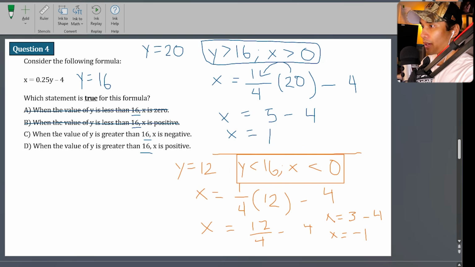Then we have C. When the value of y is greater than 16, x is negative? No, in fact, x is positive. So that leaves us with D. When the value of y is greater than 16, x is positive. There you go, D. And that is how you answer question number 4